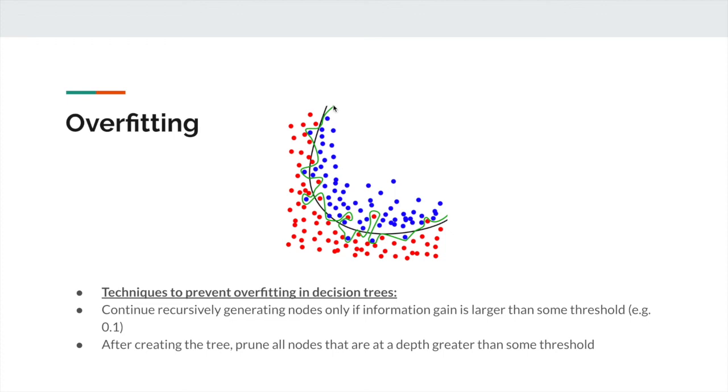Overfitting is what happens when we have a green line here that separates the data almost perfectly, but it's clear that this is going against the pattern that we have, right? The clear pattern here, the most obvious thing, is that this smooth line is separating the blue and red dots, but when we have this jagged model that is trying very hard to separate all the dots perfectly, that's what we call overfitting, and this reduces the ability to generalize to different data sets, right? Because we're almost memorizing our training data set, but